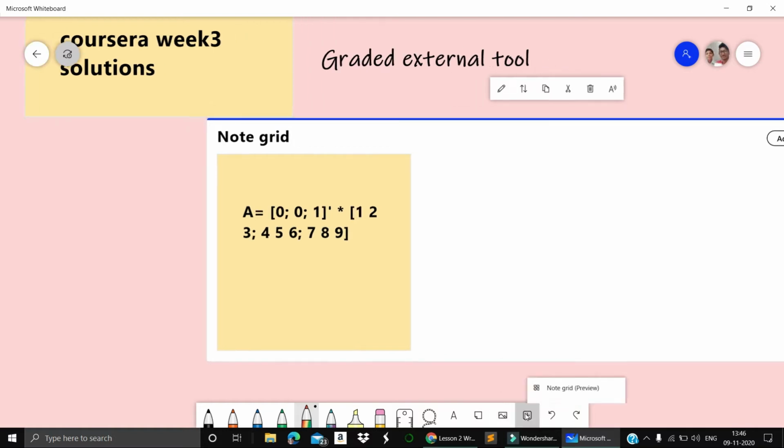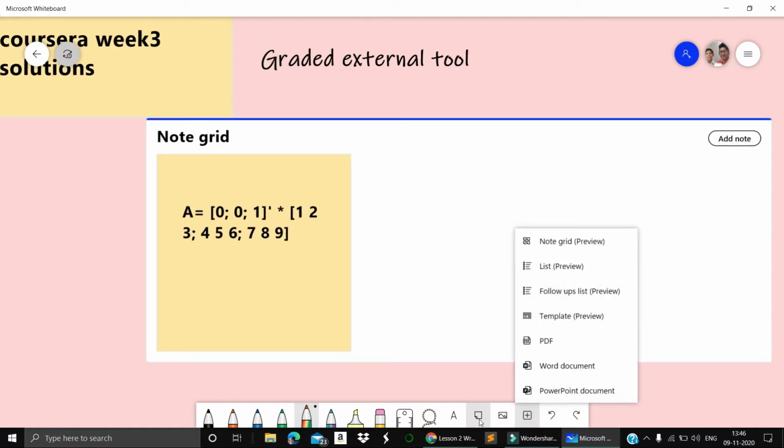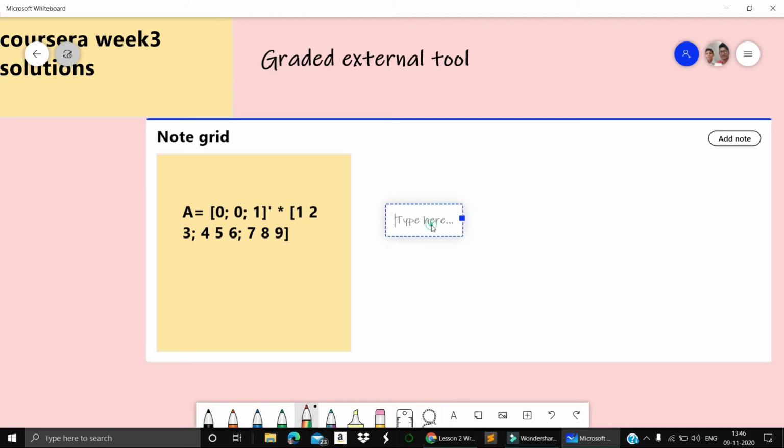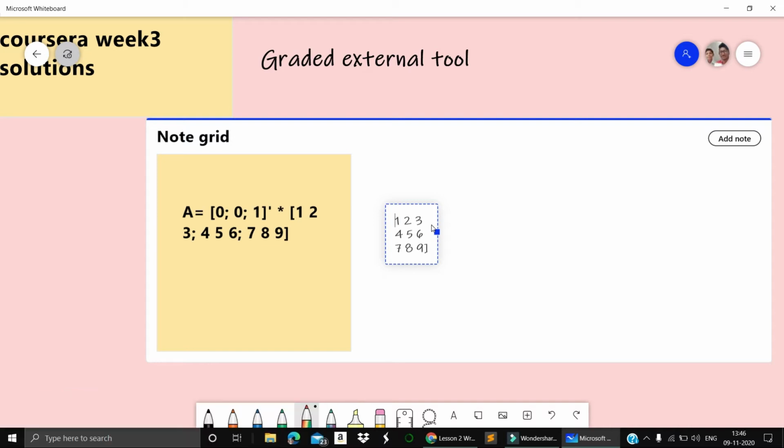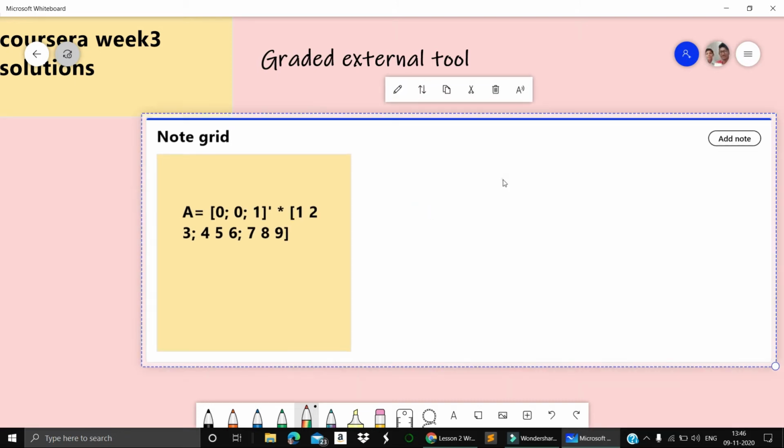I will add the elements here. Don't worry. You will have elements like 1 2 3 4 5 6 7 8 9, with a bracket over here and a bracket there.